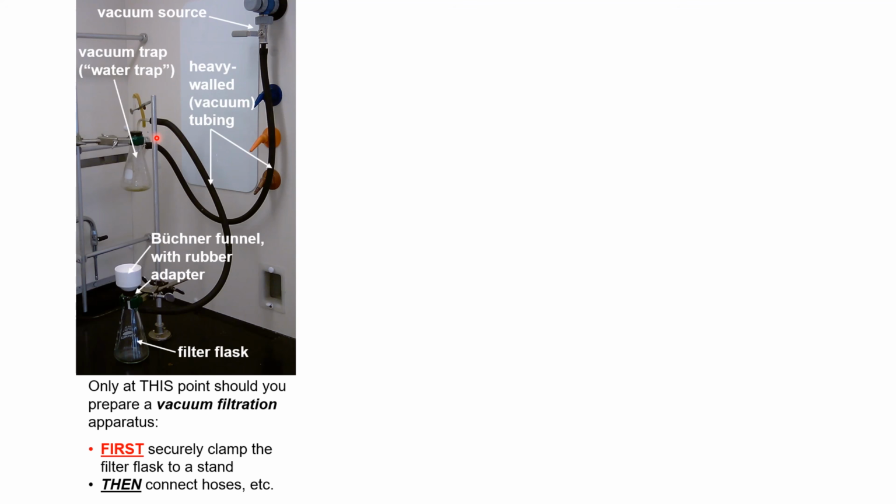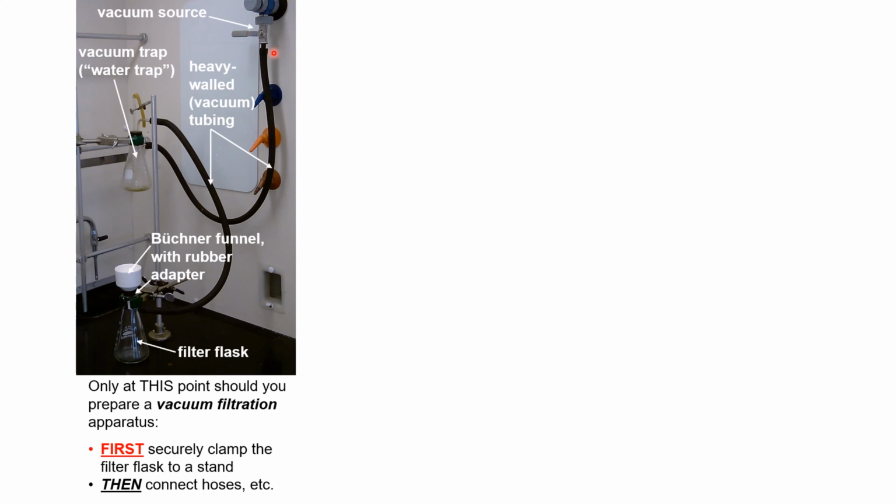The trap is there to collect any overflow of liquid from the filter flask should you accidentally fill it with more liquid than it can hold. Without the trap, the overflow of liquid would go directly into the vacuum pump, which would damage the pump severely. With another hose connecting the vacuum trap